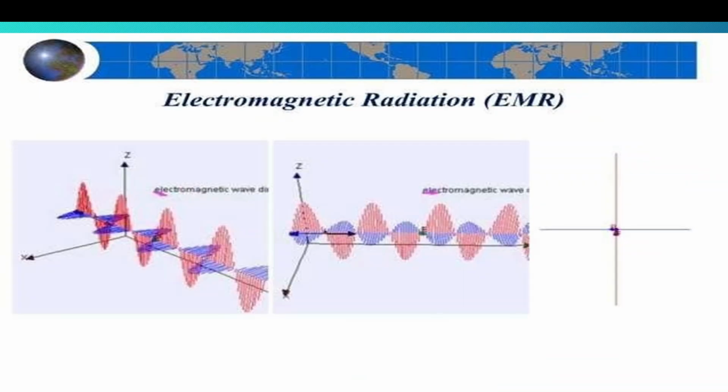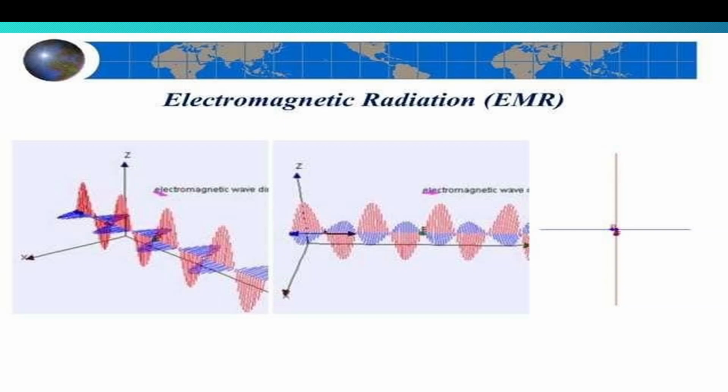So this illustrates the nature of electromagnetic radiation and how it propagates through space. The diagram shows how electromagnetic radiation consists of electric fields, shown in red, and magnetic fields, shown in blue, which oscillate perpendicularly to each other and to the direction of wave propagation. Propagation direction: the wave travels along the x-axis while the electric field oscillates along the z-axis and the magnetic field